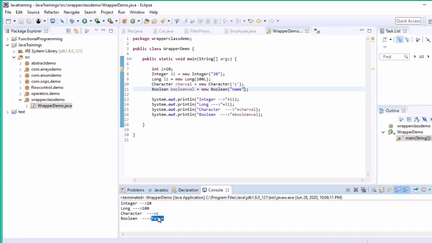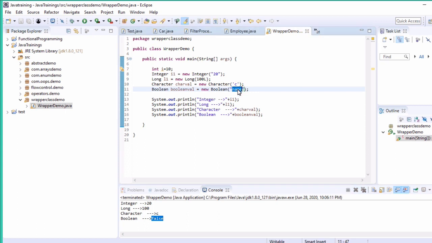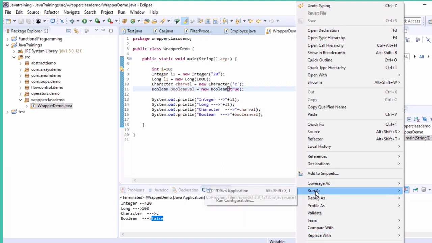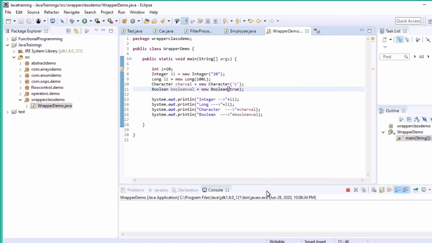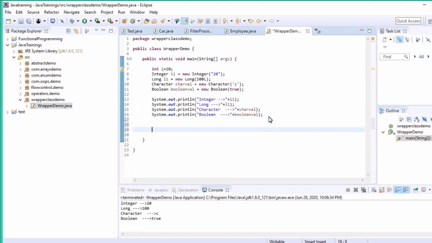By default the value will be false if you pass anything other than true or false in string format. Even you can pass just true, just false, that is also possible. This is the way we can create a wrapper object or non-primitive object. So you guys understand, right?